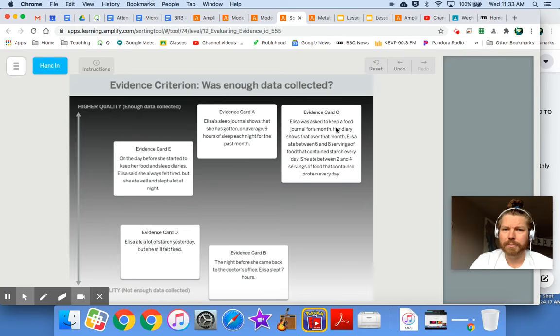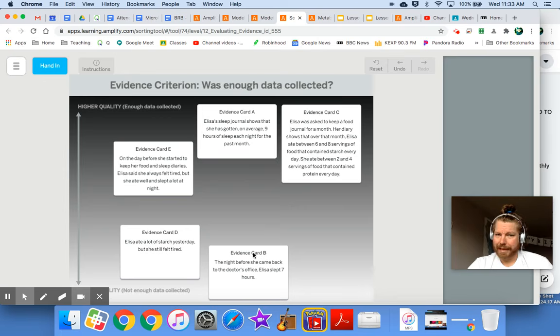Let's look at C. Elisa was asked to keep a food journal for a month. Her diary shows that over that month, Elisa ate between 6 and 8 servings of food that contained starch every day. She ate between 2 and 4 servings of food that contained protein every day. Okay, this is good. Again, we're getting an entire month's worth of data here, and we see how many average servings of these different foods she's getting. So I would put this up here towards higher quality evidence for sure,